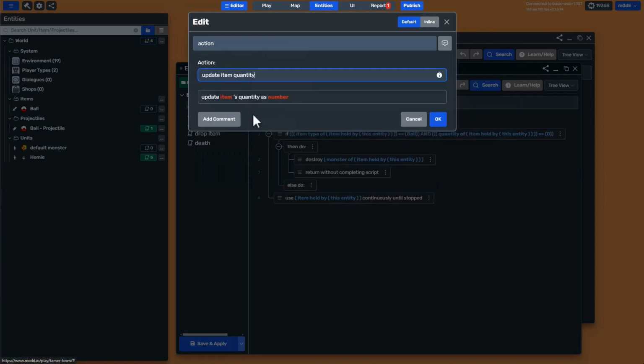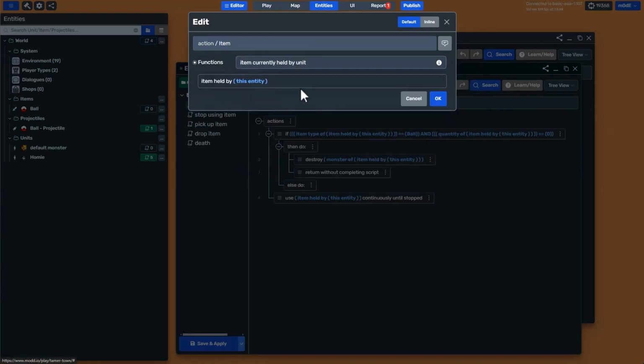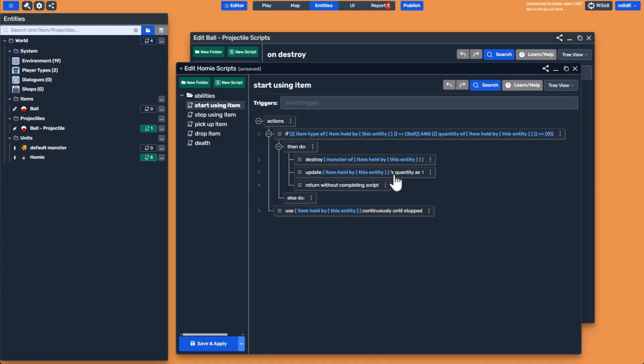Set quantity of the item. So item currently held by the unit, this entity, as 1. So we're refilling the quantity back to 1 from 0. Okay. So this will run if the ball's quantity is 0. So it'll destroy the monster and then it'll update the quantity back to 1. So we'll save this. And again, we'll return without completing the script, meaning that